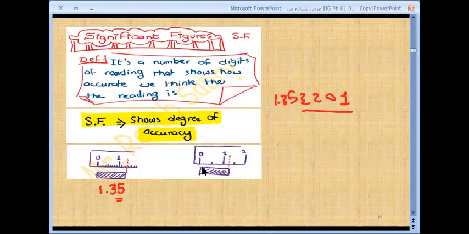The resolution is what? Is 1. The minimum scale is 1. Okay, so here. Okay, Muhammad Ahmed Islam, rejoin. Okay, good luck. Okay, so here I can say